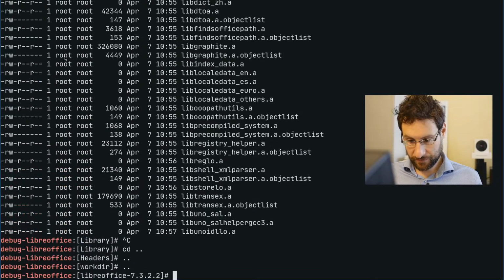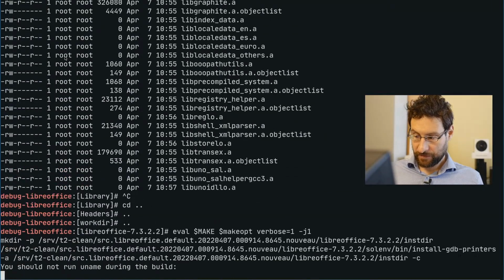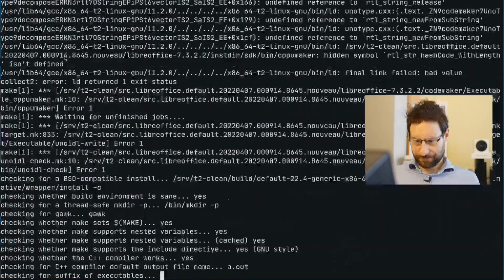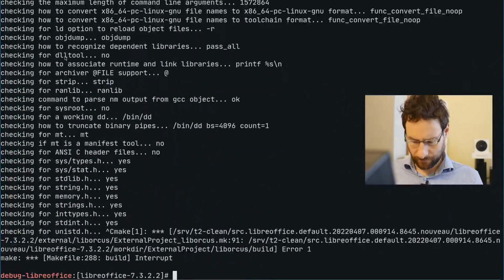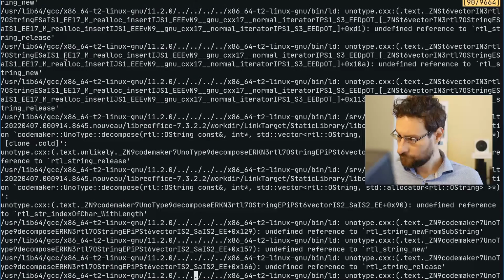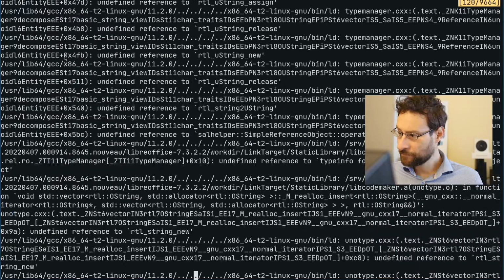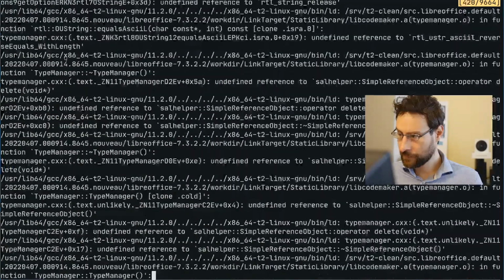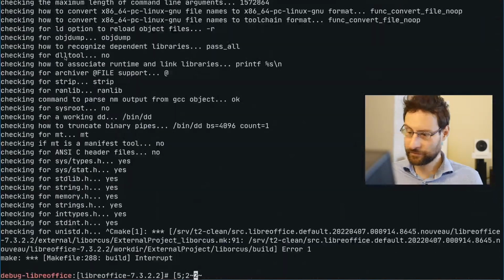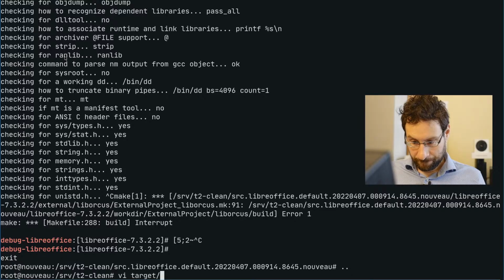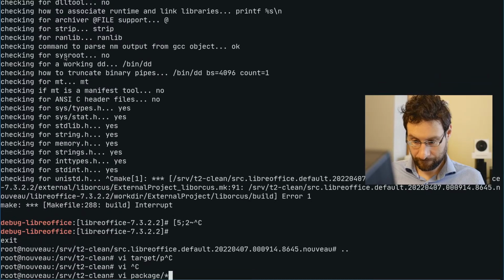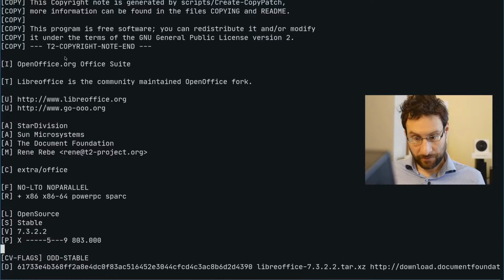I just wanna, of course not a real fix, I only want to see for a quick test if it at least has a chance. Undefined reference. The CMake static library, thank you very much. Do we have LTO?